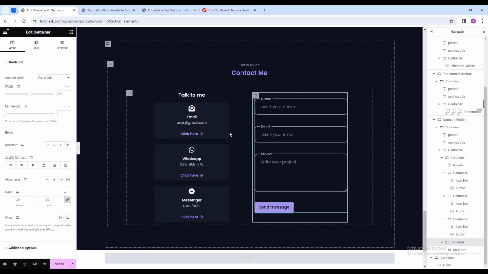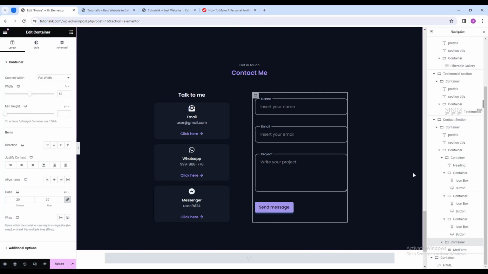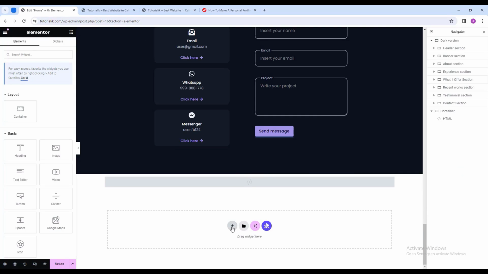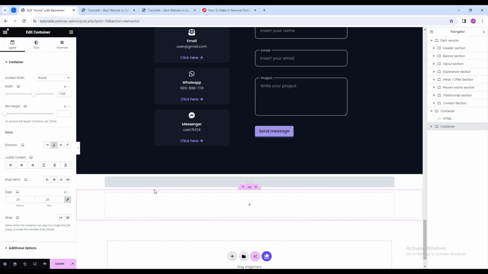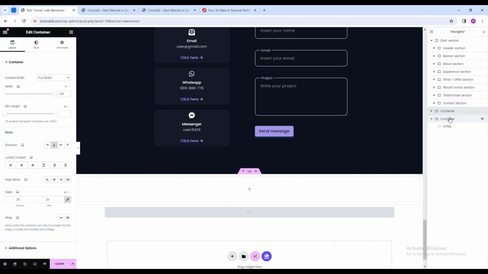Now we have to create our last section, which is the footer section. So I'm gonna take a section from here and I'll make this full width. Then from here I'll just drag it up and put it before the HTML container, because I want to keep it all the way to the end. So let's select this, the footer container, and rename this footer section